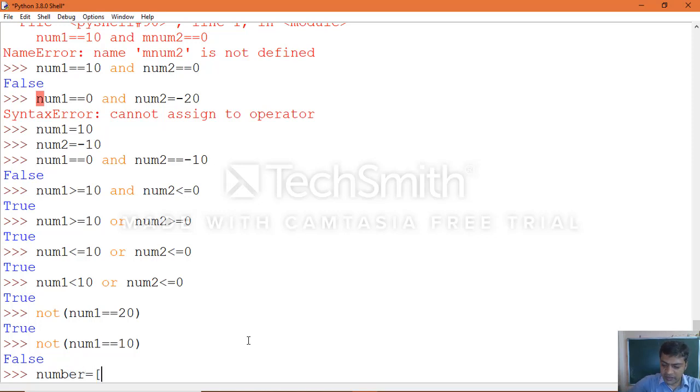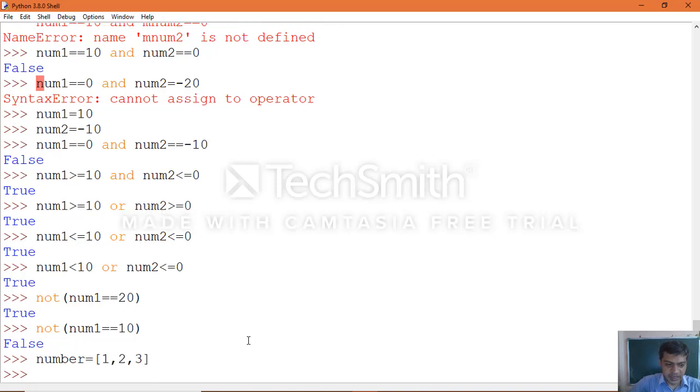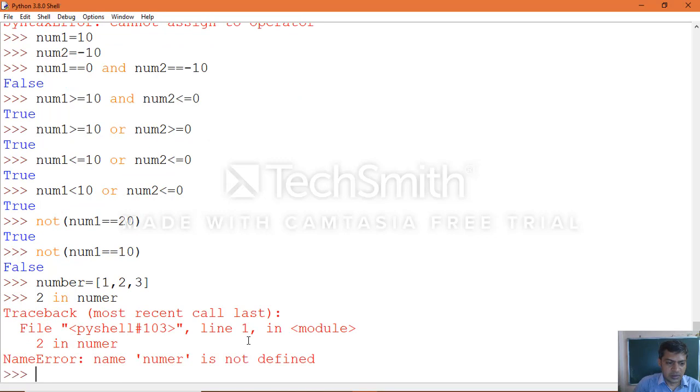Number equal to the sequence 1, 2, 3, which we will be taking, and we will be applying the condition 2 in number. Okay, yeah, we made a mistake. You must be careful with the variables which we use: 2 in number.